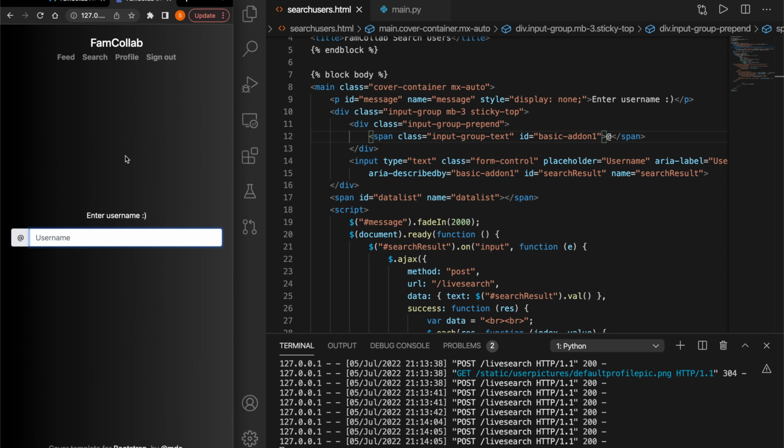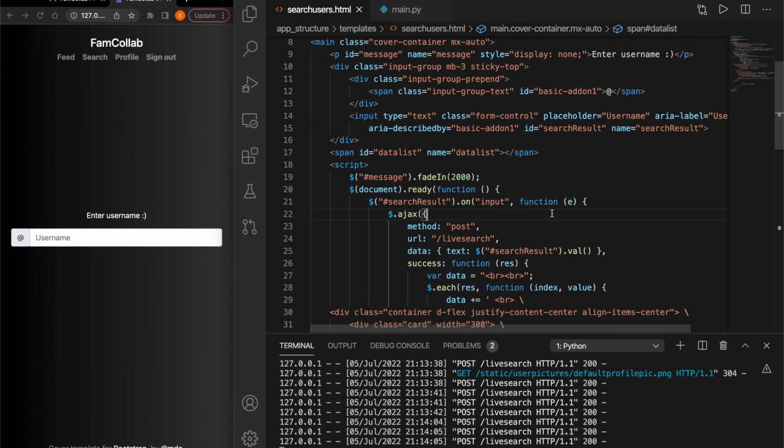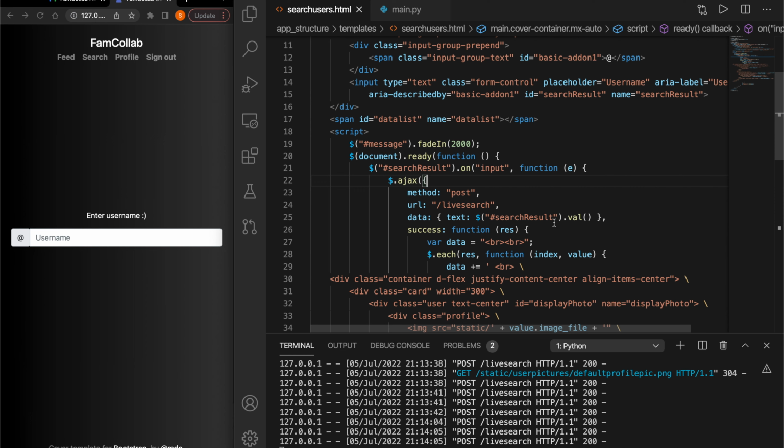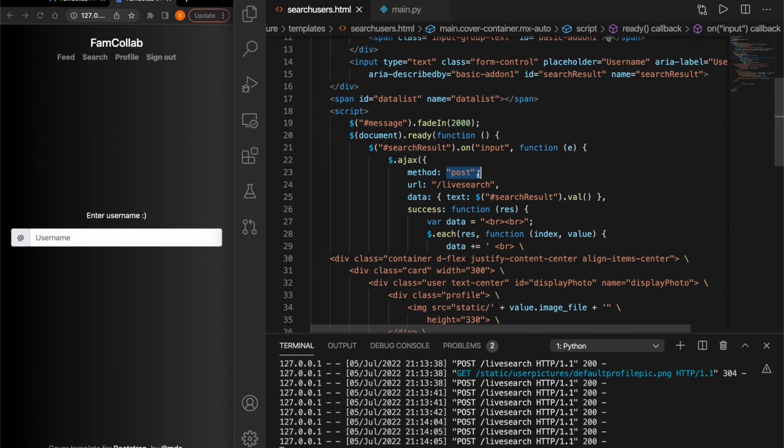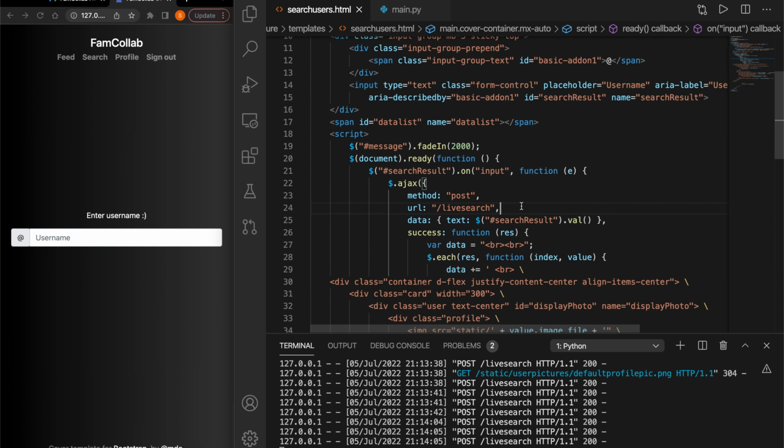Now, if you notice something, we get results in real time. So we don't have to press enter, or submit anything. We just get it in real time. And the technology that enables me to do this is called jQuery. And jQuery has a method here called post, and the URL is /livesearch, which lets us display results in real